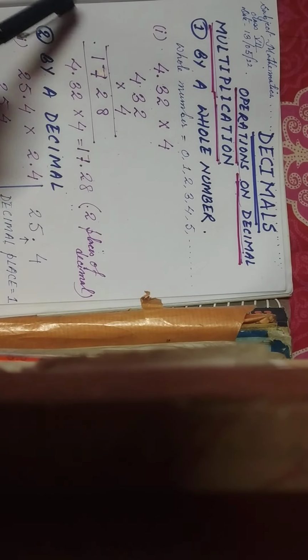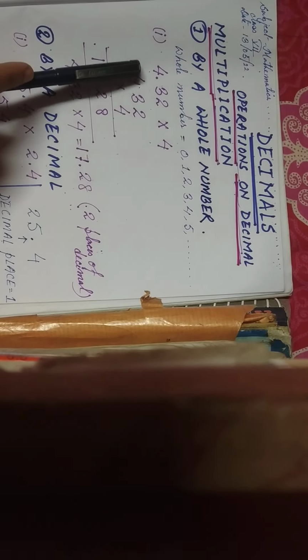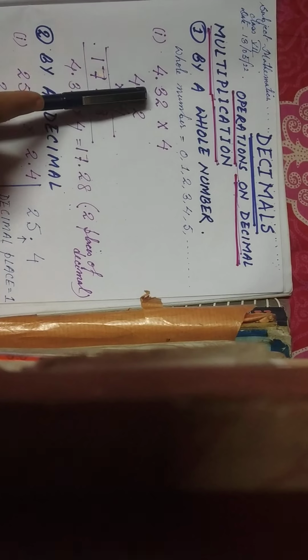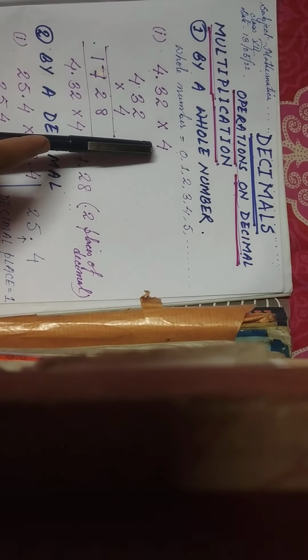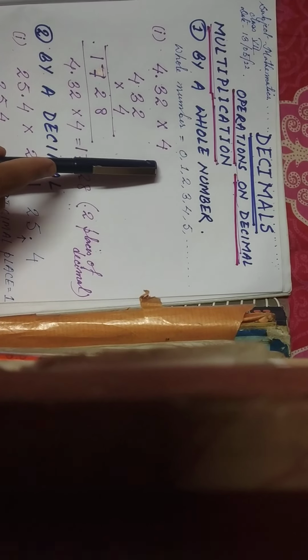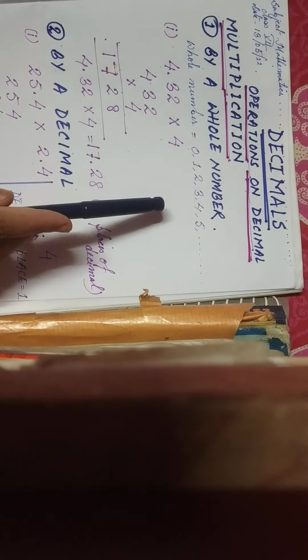I have taken a number, you can see here, that is 4.32, which is a decimal number. And I am multiplying with a whole number. 4 is the whole number, you can see here. So I will multiply the numbers without any decimal. That means I will take only 432. I will remove the decimal. I am taking 432 and multiplying with the whole number, that is 4, which will give the answer,